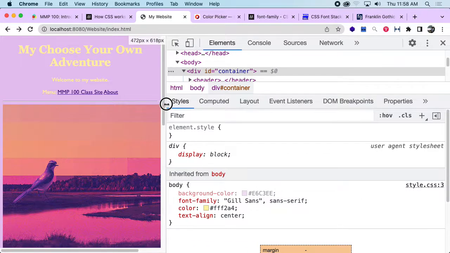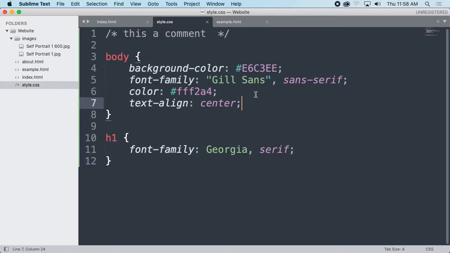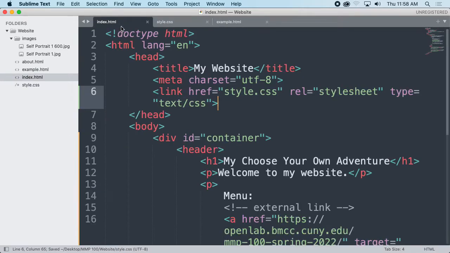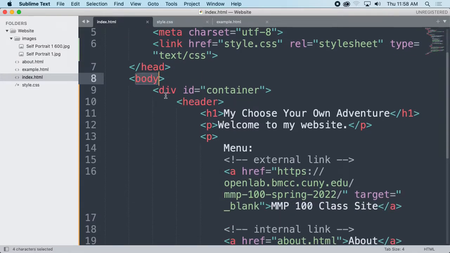But another way that we can do this, I'm going to turn this off for a second, and I'm going to add a style for our container. So I'm going to make a new line down here, and make a new type of CSS rule. For the body, it's really easy to say I just want the body tag. For the h1, I can just use the h1 tag. But for my container, I can use the div tag, but in most websites, there's lots and lots of